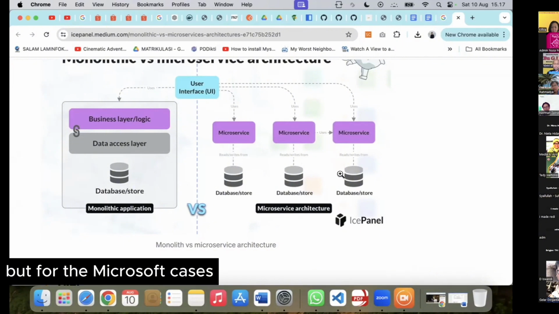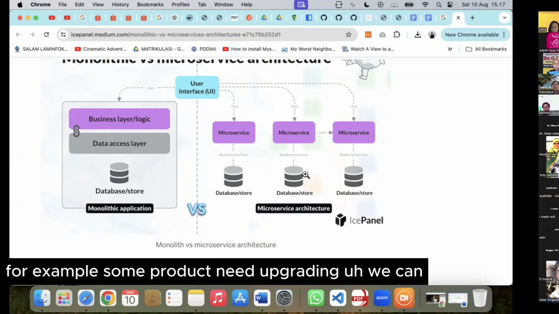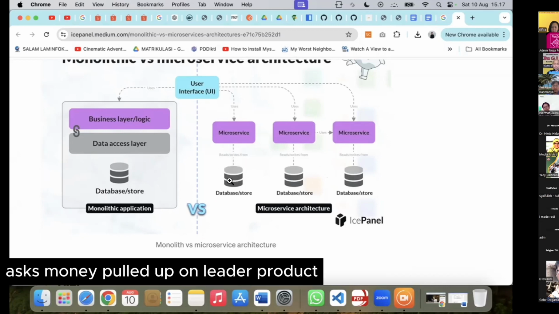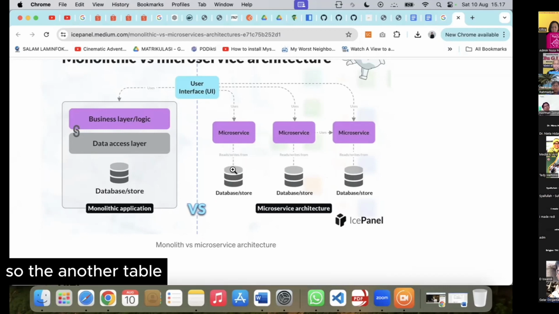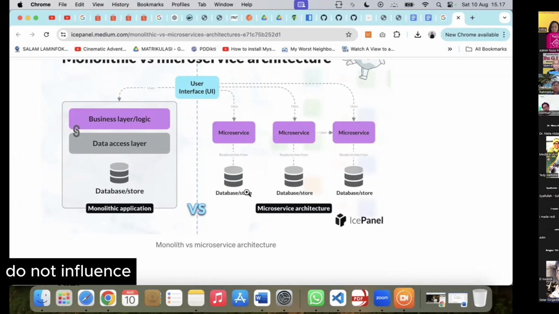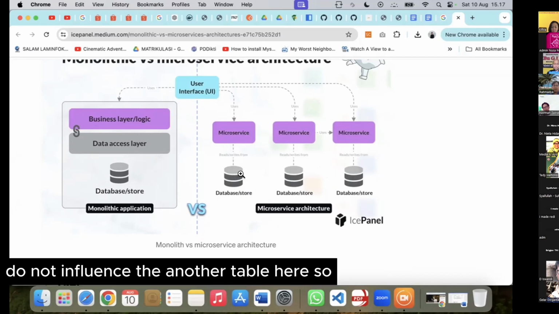But for microservices, for example, if the product service needs upgrading, we can manipulate only the product. The other tables are not influenced.